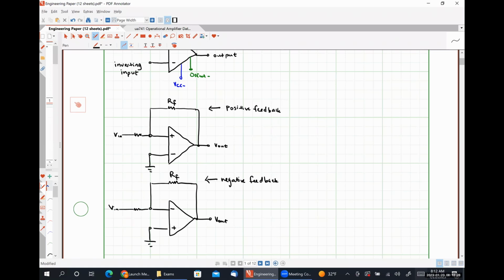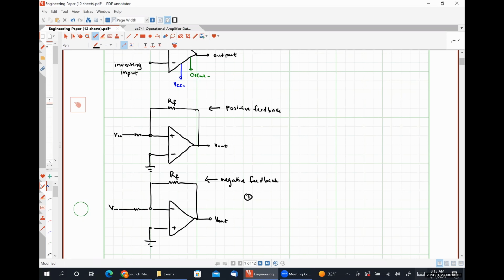All of the circuits that we are going to deal with here in Circuits 1 are going to be negative feedback circuits, meaning they're always going to have a component connected between the inverting input terminal and the output terminal. So in a negative feedback configuration, like the one I've drawn here, we can actually come up with two rules that govern our op-amp behavior. Okay. So the first rule